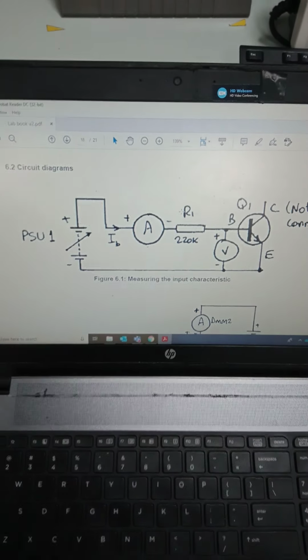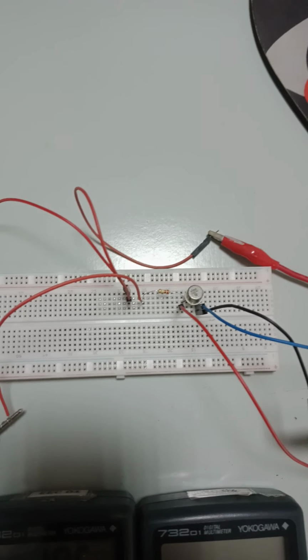current of 10 microamperes. So as you can see, I have connected the circuit. The power supply is coming from here, then the multimeter, which is in the microammeter mode, is connected in series, right? Then with that, the resistor R1 is also connected in series between the positive output of the power supply and the transistor